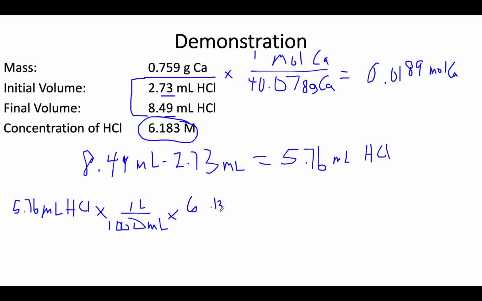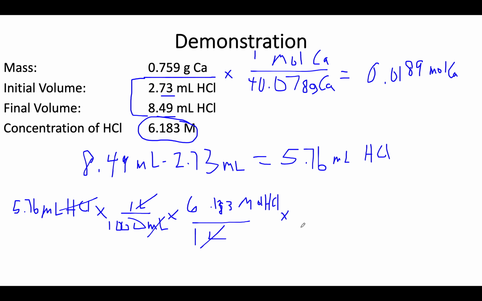So now this is 6.183 molar per 1 liter. So now our liters cancel, our mL cancel, and that's moles of HCl, which basically